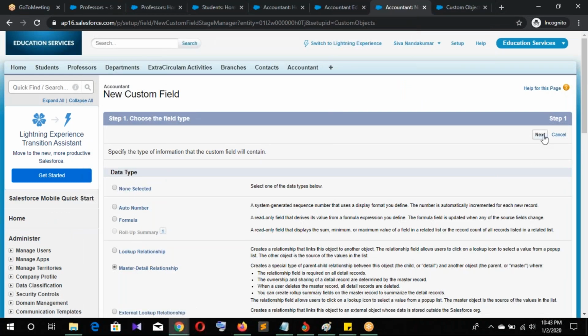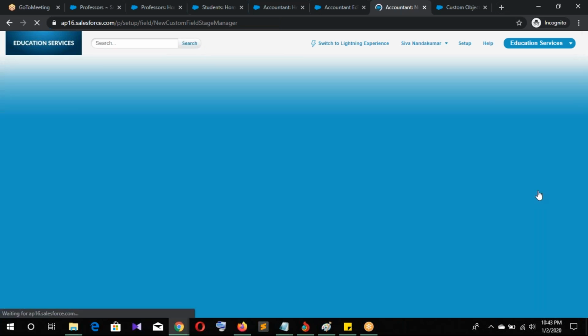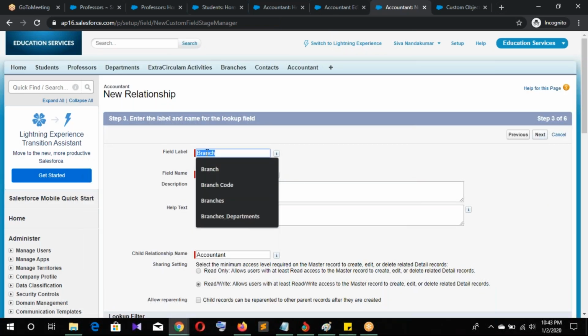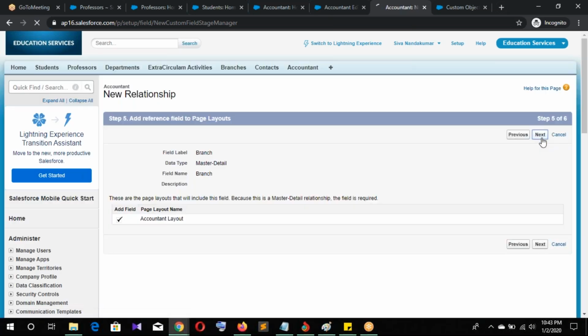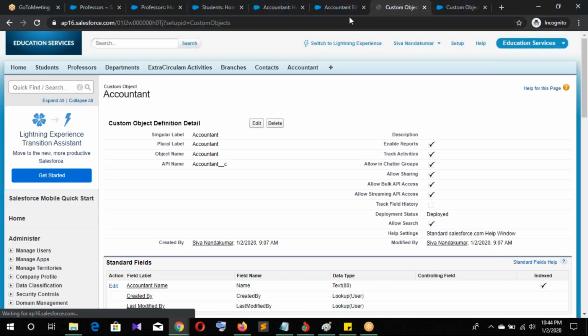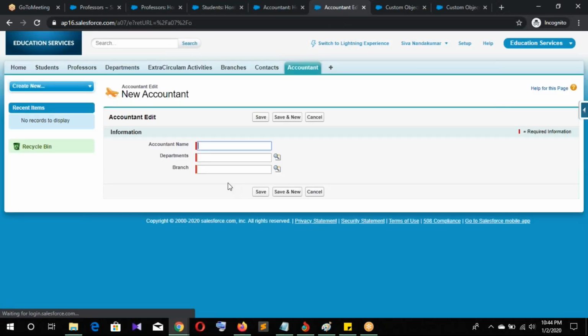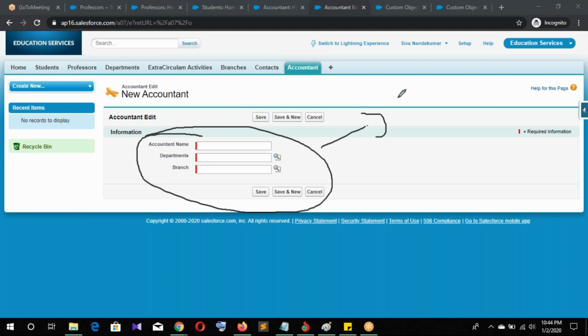Master, branch, next, save. Clear? This is called the junction object.